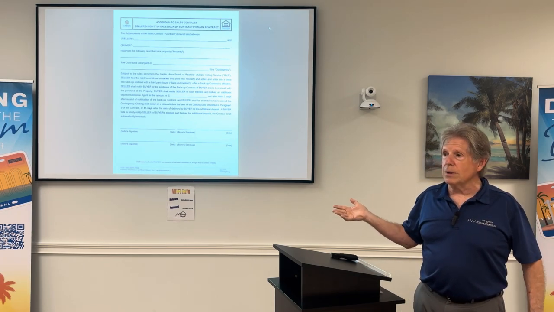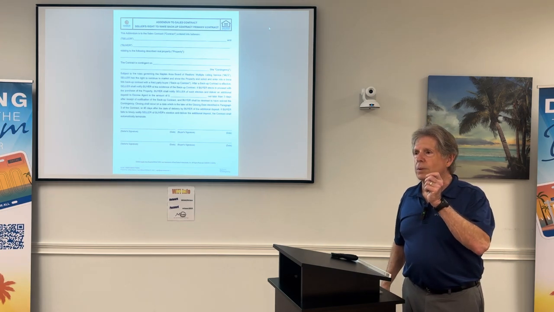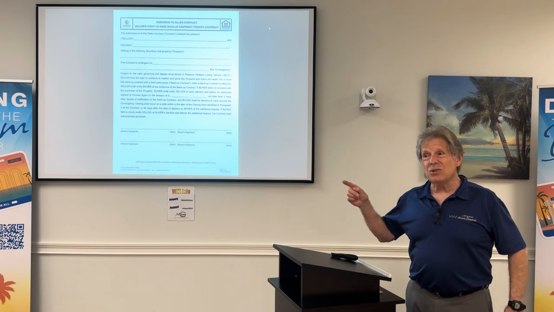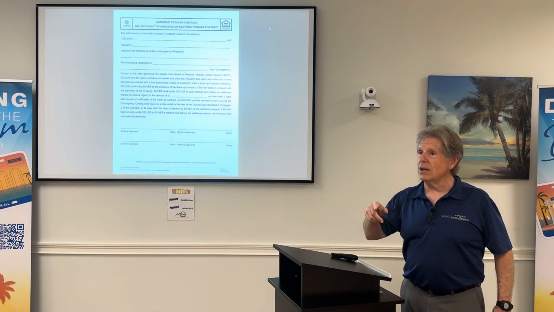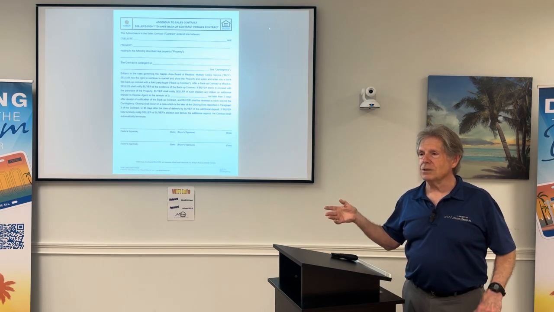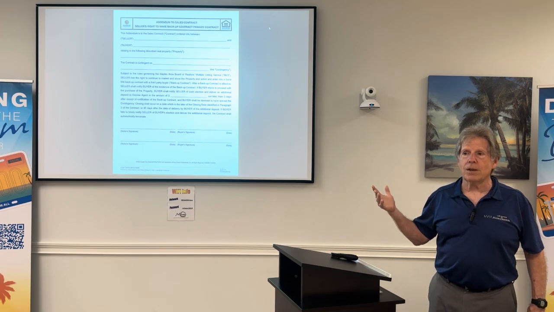Because I see arguments when realtors write "contingent on sale of buyer's home" about, now, is it sold because it went under contract? Therefore, the contingency is removed. That's not usually what the buyer intended, but now that's what the seller is arguing, because what happened? That deal didn't close. Now the seller wants the deposit. So it's a good example of why you should try to use one of these forms rather than make one up,